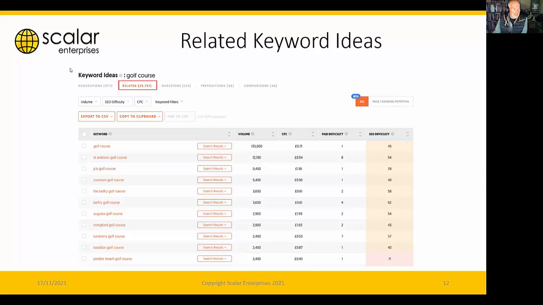Because people might search on that and say, oh, what's this all about? So that's how I would look at it anyway. If you did a search for shoes, for example, and used that as your seed, obviously that's a very broad term, and it will be quite hard to rank competitively with that. So if you then extend that,